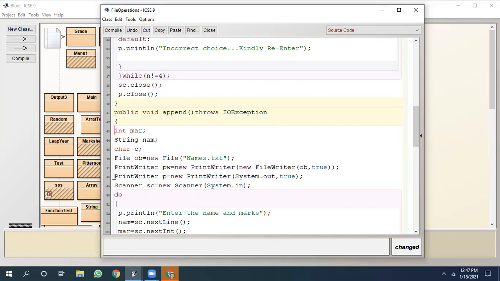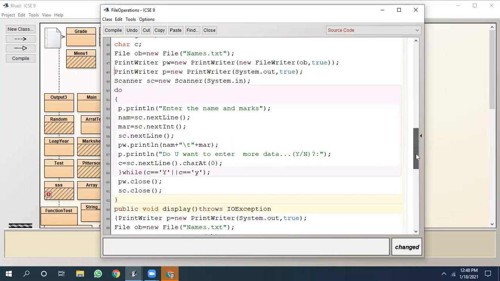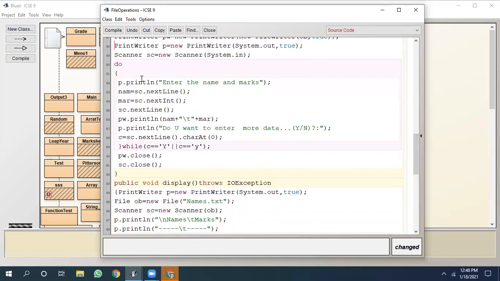Now, this object was not required, but since we are invoking the println function using a different form, we are using this object P. Again, we have created a Scanner object SC. We are asking the user to enter the name and marks. The name from sc.next we are storing in the NAM variable, and marks we are storing in the MAR variable. Again, we are giving a dummy input statement.